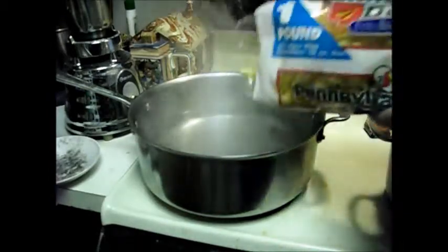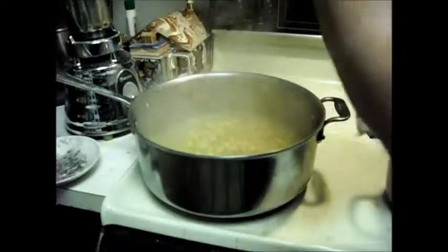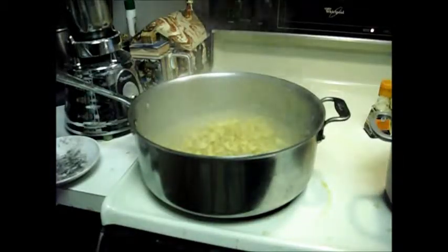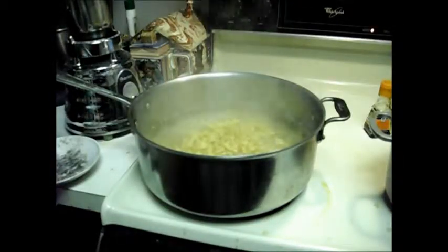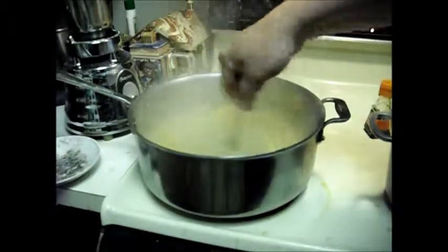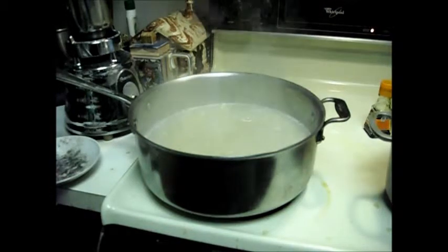I'm going to add some noodles to the boiling water, and we're using Pennsylvania Dutch noodles. Muller's is just as good. These are egg noodles. So we'll spin that around and let that cook. And I'll bring it back here. Now,